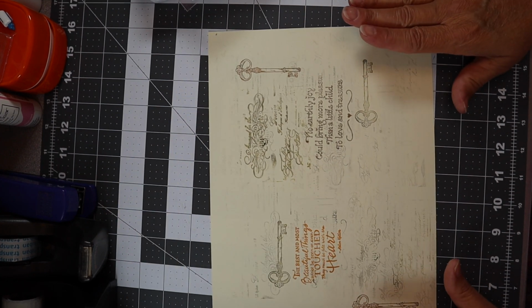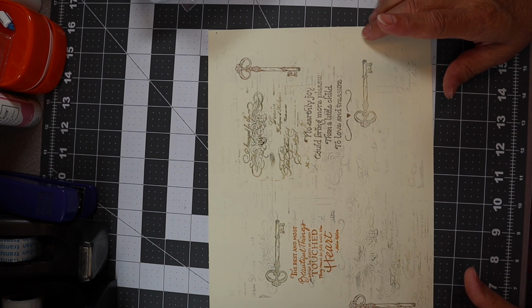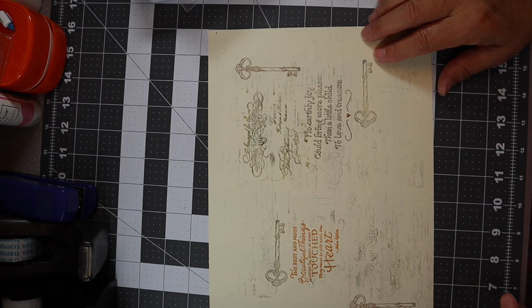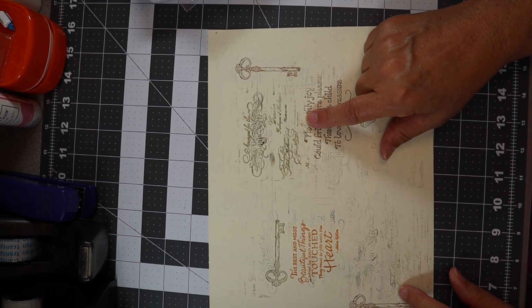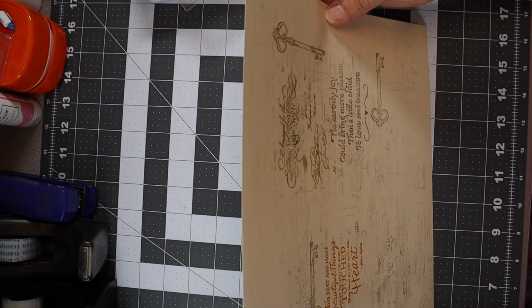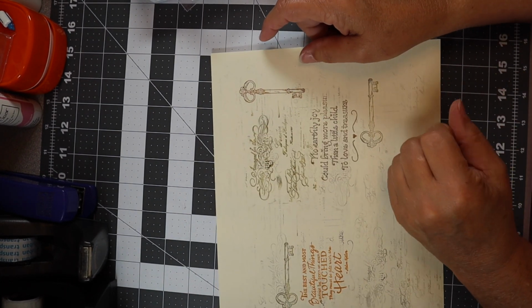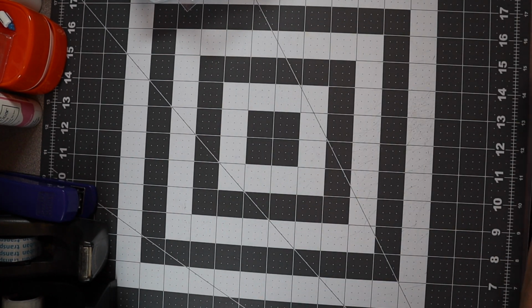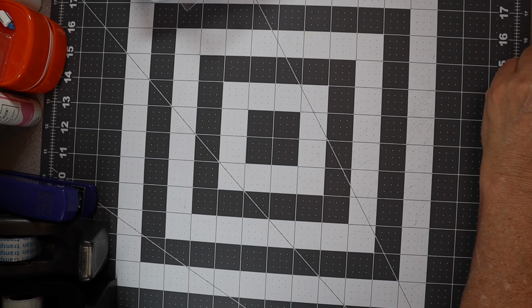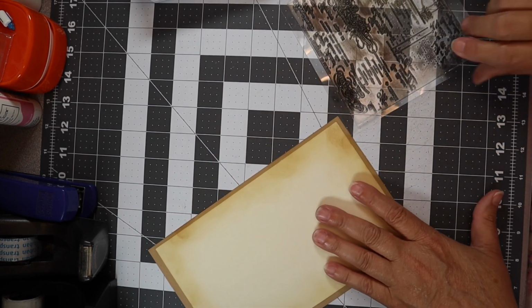Okay, so the colors I'm going to go with are going to be the green for words and the brown for the key, and no, the brown for these words right here, maybe. I don't know. Let's just do the background words for right now. So what I'm going to do,